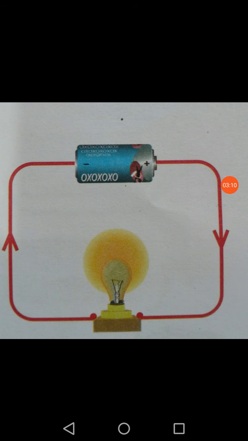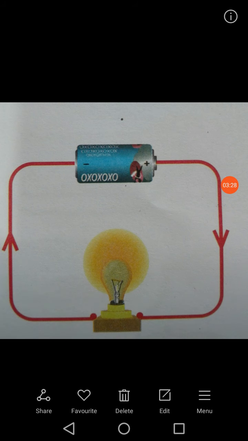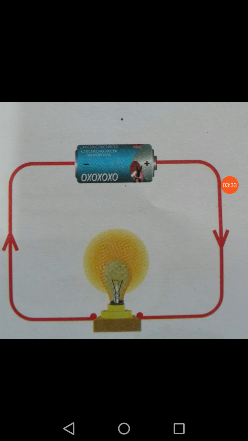Connecting wires are used to conduct electric current, whereas the bulb is able to light up when electric current flows through the connecting wire. The cell provides energy. If you use an electric cell, the energy is in the form of chemical energy. And a switch is used to keep the circuit off or on.